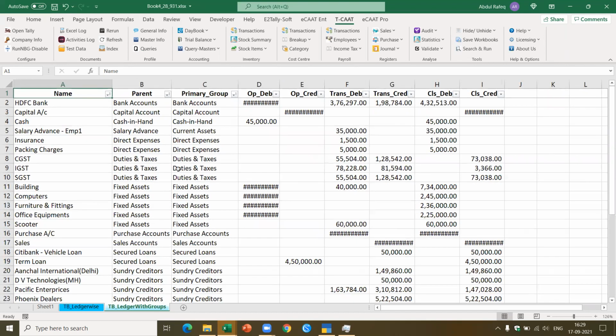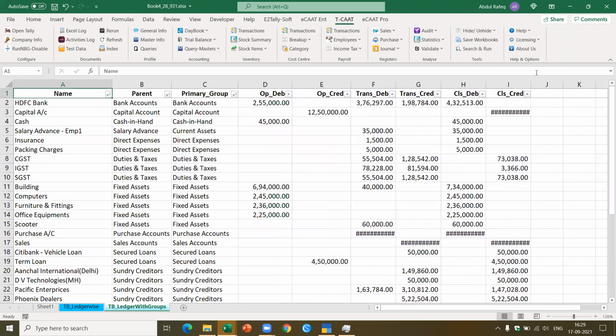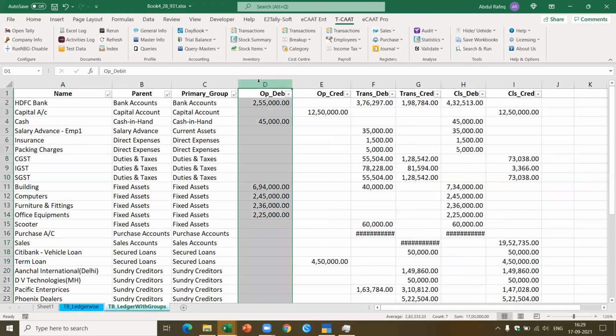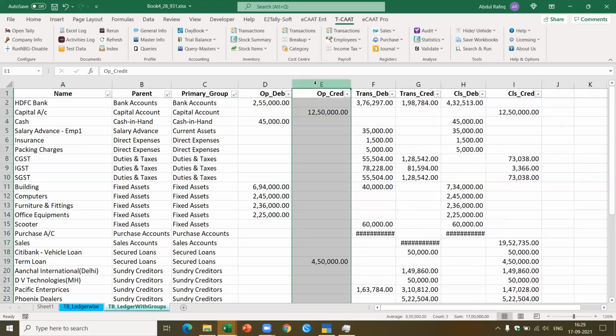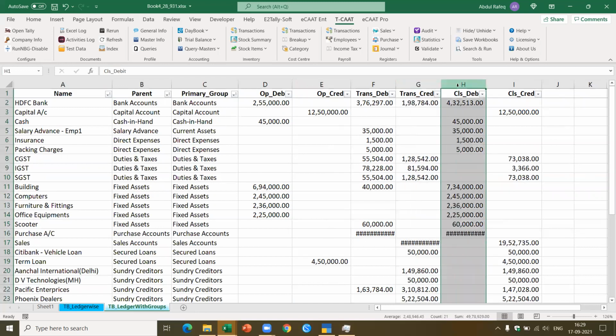What does this have? I got the trial balance here. HDFC Bank comes as the first account in this. Now it gives me in a structured fashion the ledger name, the parent, the primary group it belongs to, opening debit, opening credit, transaction debit, transaction credit. Now let's check whether it tallies. Now if you click on this, opening debit, opening credit. Now I got the transaction debit and transaction credit with 4207. Yes, it tallies. Now similarly, if you look at the closing debit, closing credit, that also tallies.